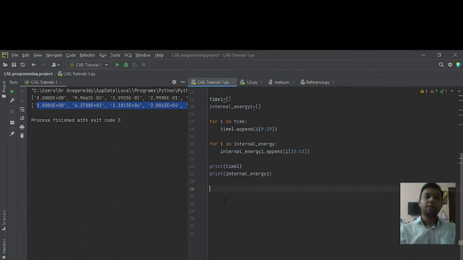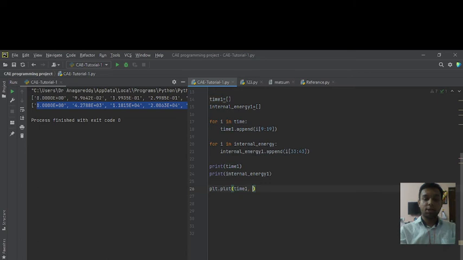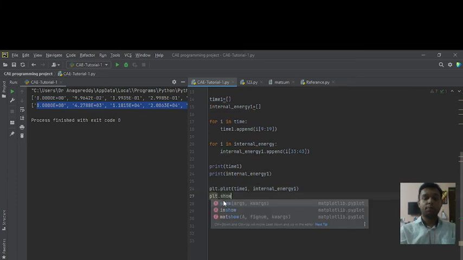We will access this time versus internal energy data to plot the graph. plt dot plot time 1. So time we want on x, yes, time on x, and internal energy on y. plt dot show.